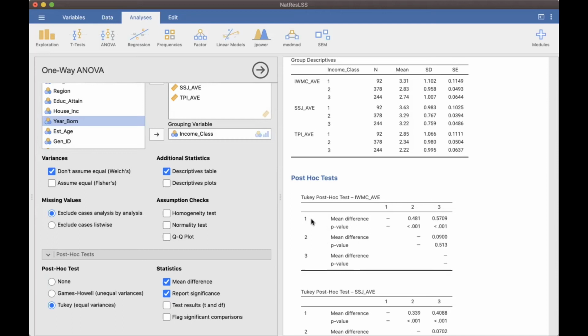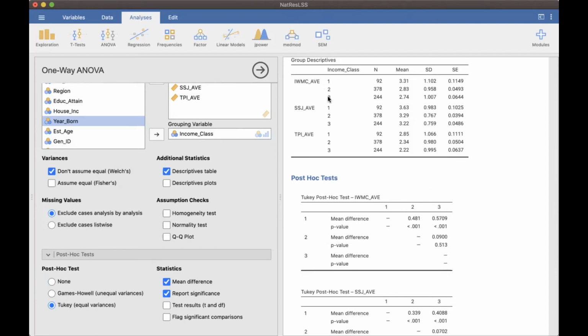So you will see here that the mean difference of low minus the value of those in the middle class is positive and the p-value is 0.01. So it means that there's a significant difference between 1 and 2, with 1 having higher levels of identification with country. Same thing with high income. So low income versus 3, which is high income. Look at the p-value, it's also less than 0.05. So ibig sabihin, there's a significant difference between 1 and 3